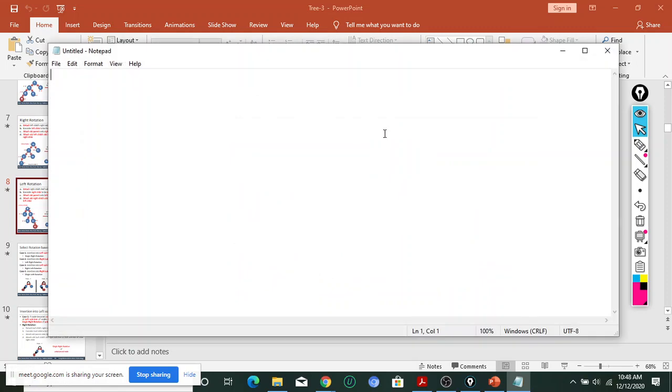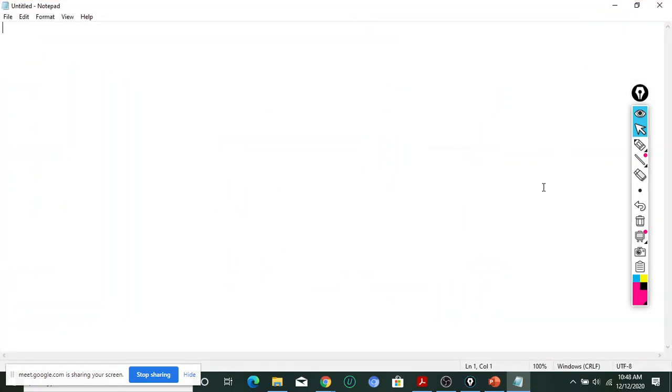So today we will discuss the rotation. Okay, there are four kinds of rotation. So let me draw the rotations one by one. How to perform the rotation we will discuss, and after that we will discuss how to construct the AVL tree from a number of keys. So let's try to do that. There are four kinds of rotation. Is it understood by everyone? Last class we have discussed.